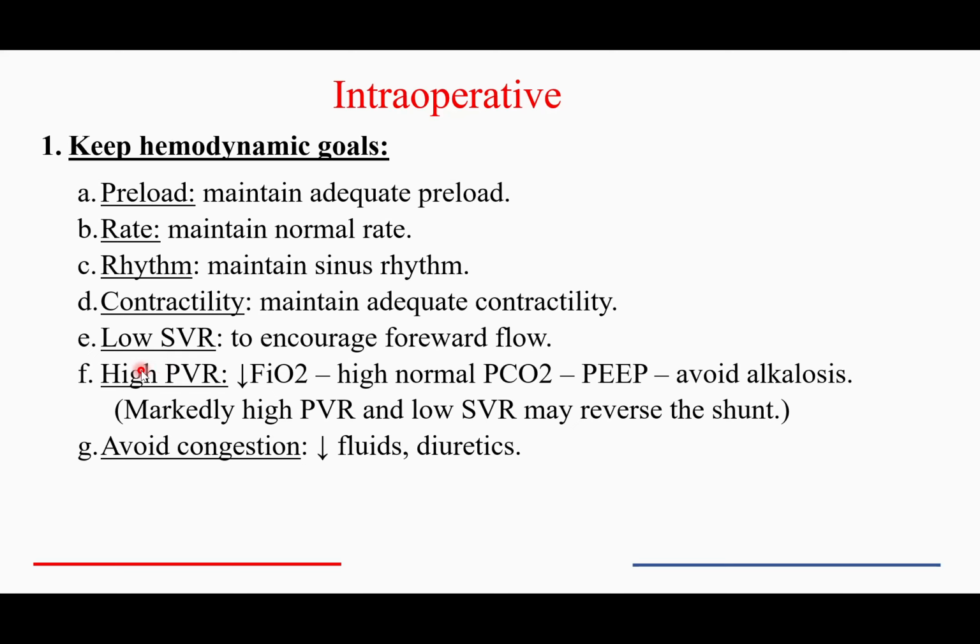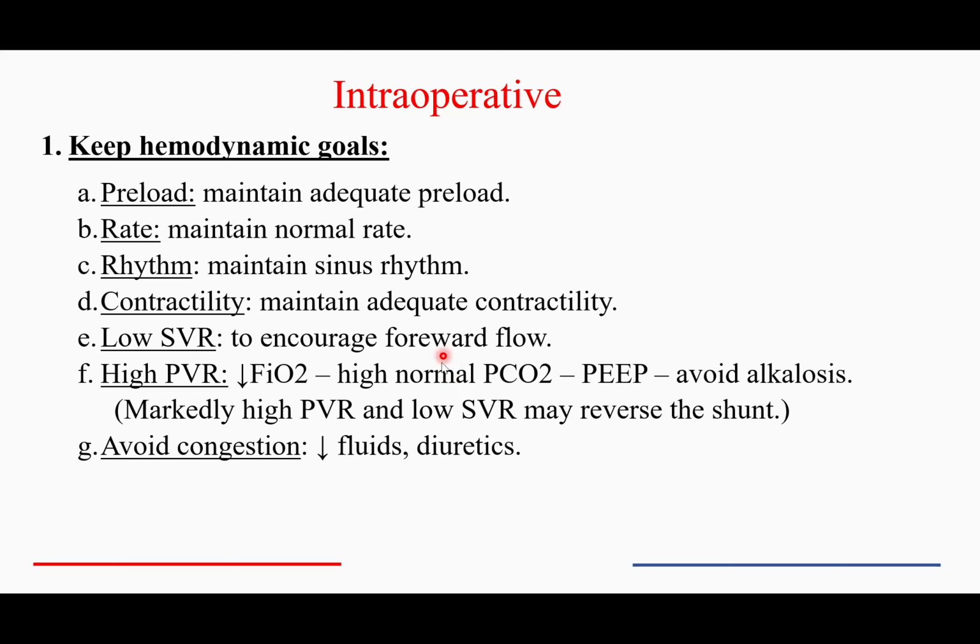Low systemic vascular resistance, to encourage forward flow, and high pulmonary vascular resistance to decrease the shunting. We would not aggressively induce pulmonary hypertension, but we decrease FiO2 without cyanosis, without decreasing the saturation, keeping it high normal. PCO2, permissive hypercapnia, but we do not induce hypercapnia. We do not allow the PCO2 to be above 50, but we allow the PCO2 to drift